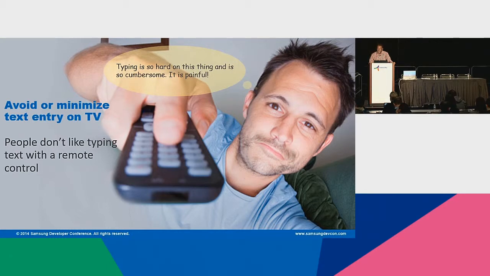However, there are some tasks that do require typing, and it's not too difficult. For example, searching for shows on TVs tends to be very efficient because viewers need to only type 1 or 2 characters, and then a list is populated that's very close to what they're looking for, and then it's a matter of navigation. But other than that, typing is extremely painful and laborious on a 10-foot UI.